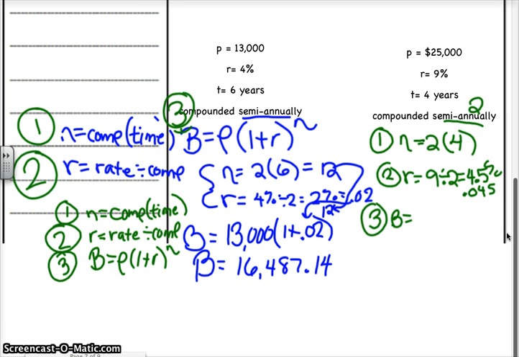So balance is equal to principal times 1 plus R to the nth power. My principal, how much I started with, was $25,000. Times, now right away here, I just know 1 plus the decimal, I just stick them together. 1.045 to the nth, which was, we determined, 8. So now in my calculator, I just go 1.045 to the 8th, and I hit enter, so it stores it. Now that's just chilling in my calculator's memory. Now I go times 25,000, and this is where I make my estimation, 30